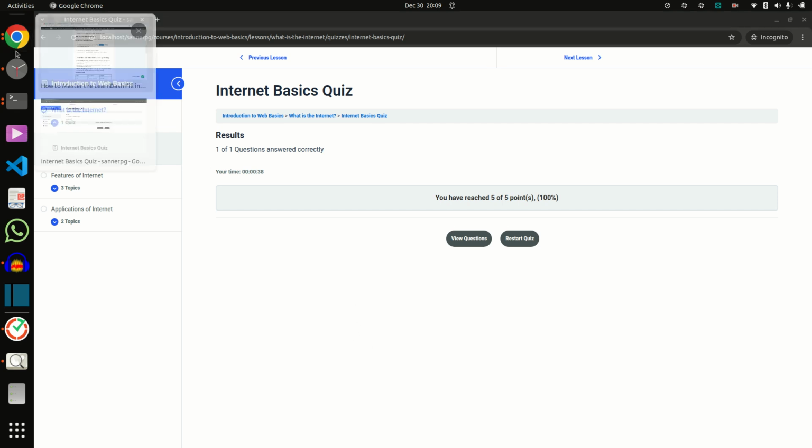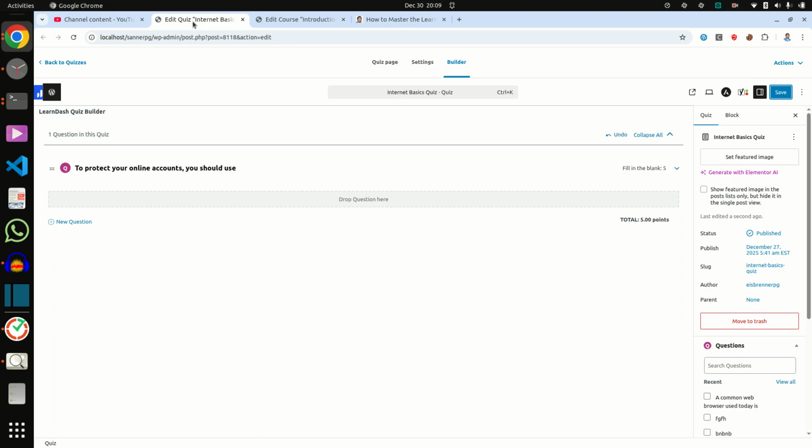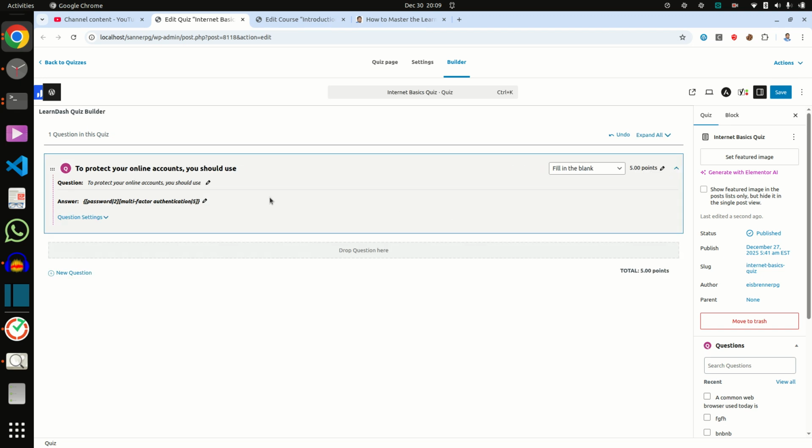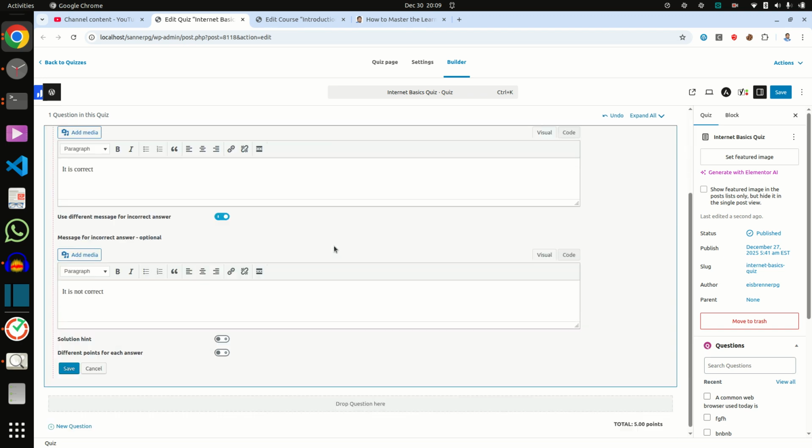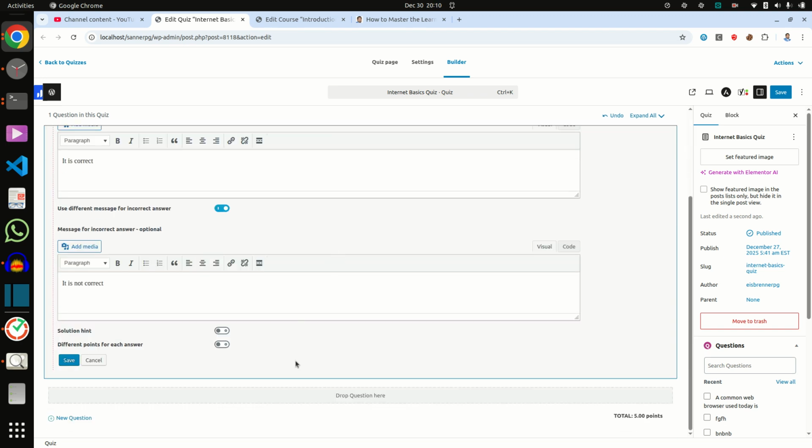But here you can see I gave only 2 points for password and 5 points for multi-factor authentication, but it is taking 5 points, which I gave in general. So how can we fix it? For the fix you should go to question settings, and here you can enable